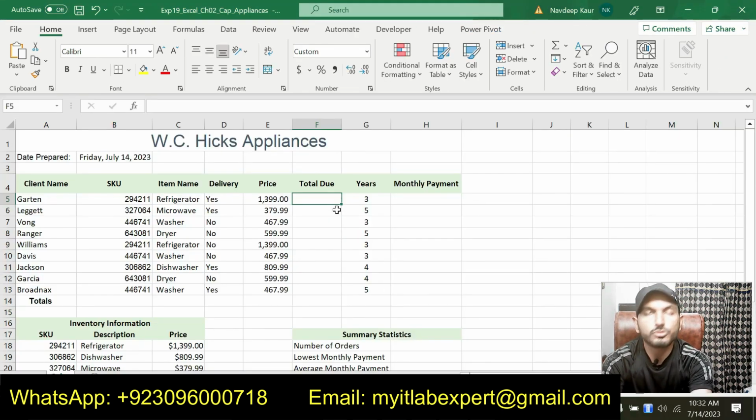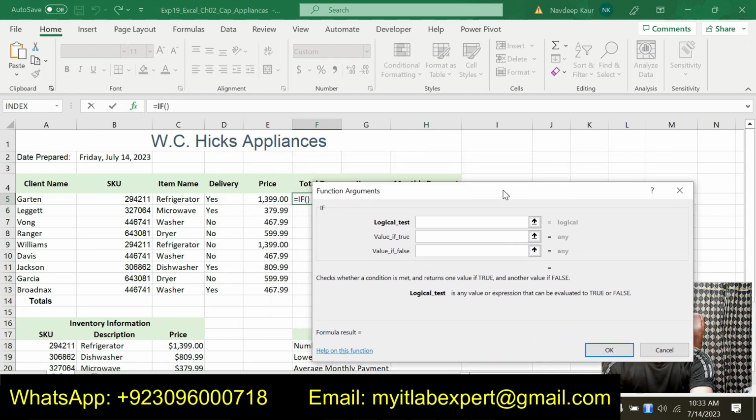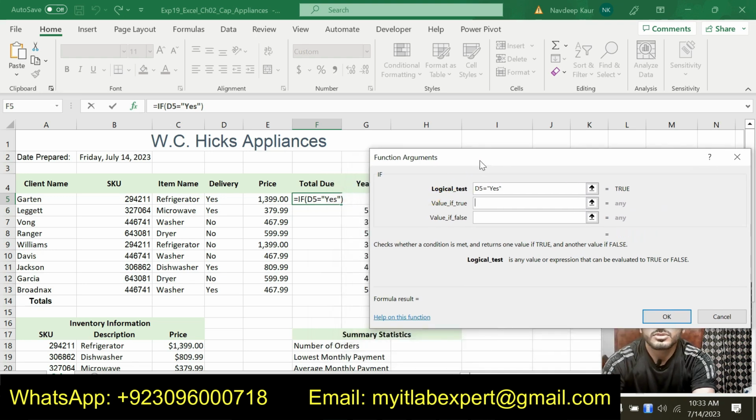So we are supposed to use an IF function. Type an equal sign and type IF. Now our logical test will be D5, meaning if the customer is using home delivery. So we will type D5 is equal to yes. If D5 is equal to yes, meaning the customer is using home delivery, then what will be the total due? Total due will be